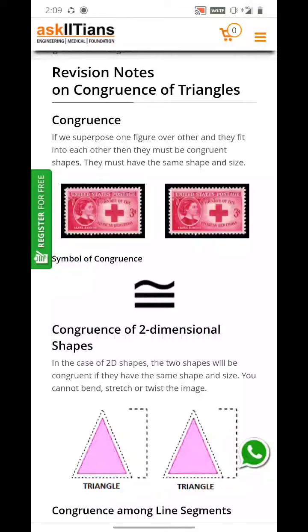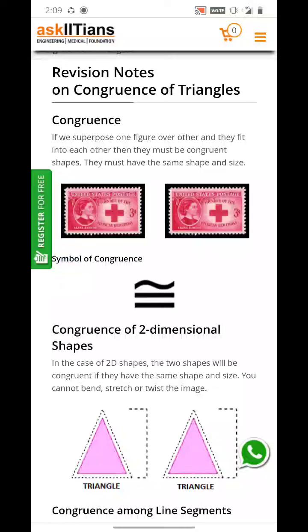First of all, we must know what congruence is. Congruence means if we superpose one figure over another and they fit each other, then they must be congruent. They must have the same shape and size. As I have already told you, when two figures are of identical shape and size, they are said to be